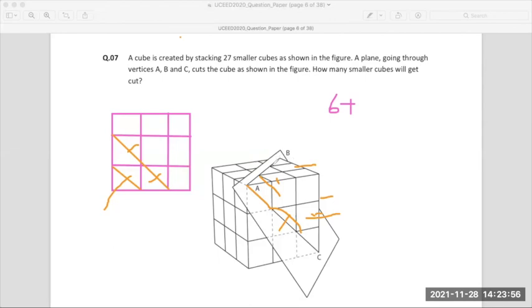So all I'm suggesting to you is that when you look at the top part, when this blue line comes here and starts somewhere, how many cubes are getting affected? Of course, this and this. Along with that, this cube and this cube are also getting affected from the top part. Did you understand this? Yes, ma'am.